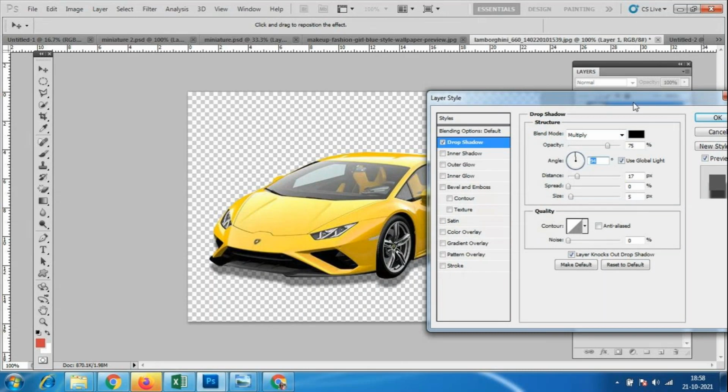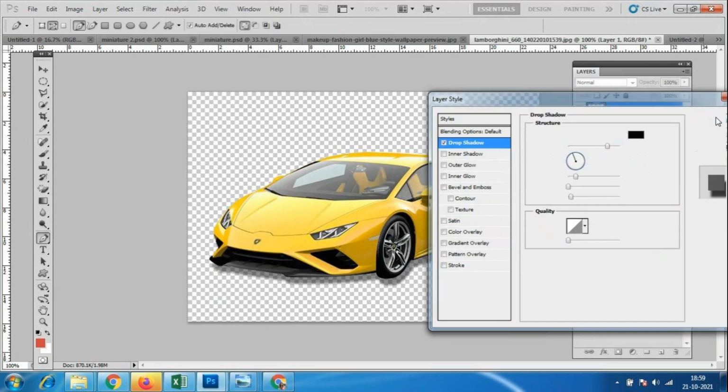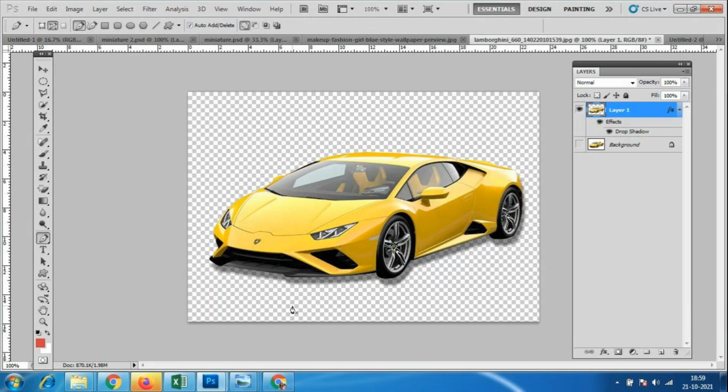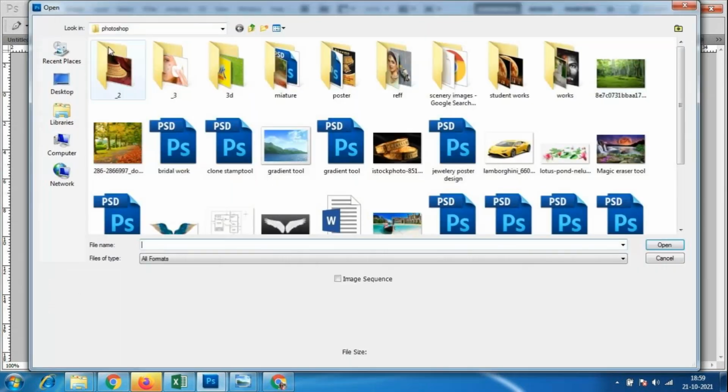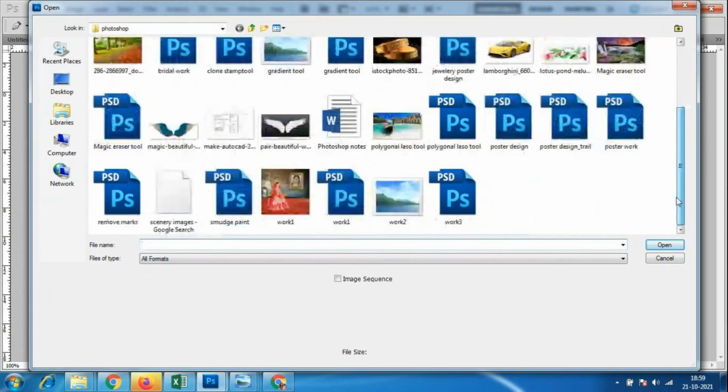No need to give very high shadows. So what I'll do is make the distance very less, like this. For this I can place whatever background I want, any road background, anywhere you can place it.